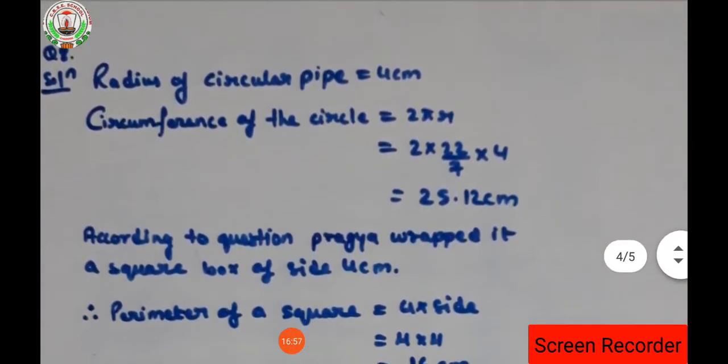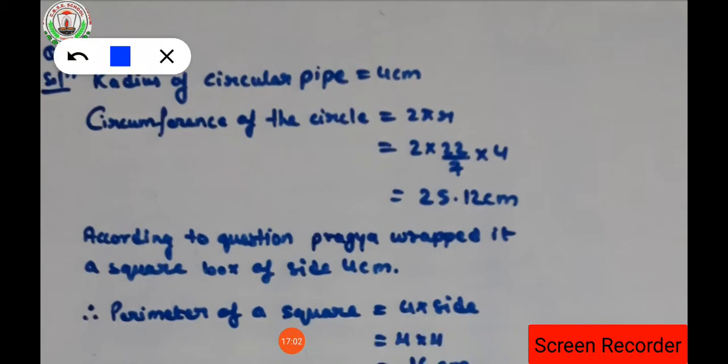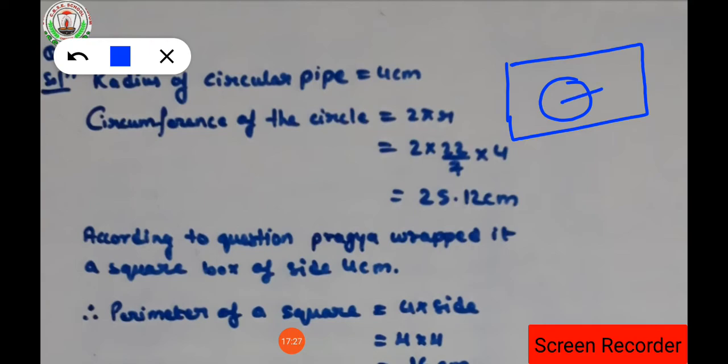Okay. So, in the next question, in this 8th question, it is said that we have one rectangular lawn. Everybody has a lawn in their home, isn't it? Imagine that lawn in the form of a rectangle. And at the center of the lawn we have a circular flower bed. That means at the center some flowers are planted in the form of a circle, and the radius of that circle is 4. Clear?